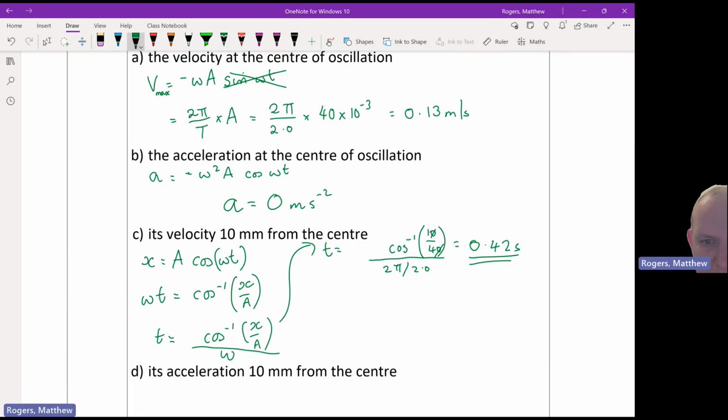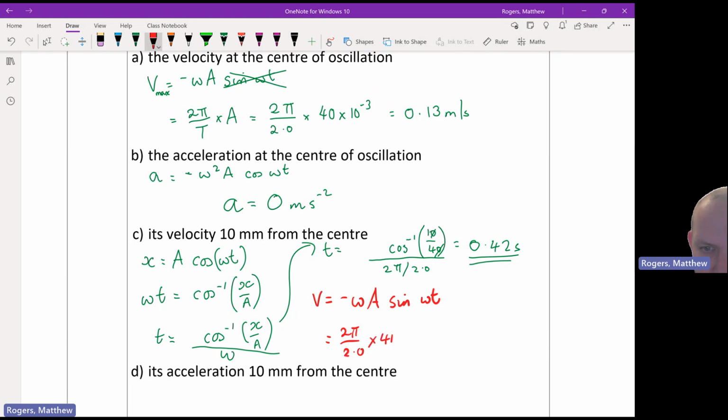So the last part is we want to find its velocity when its displacement is 10 millimeters. So we're going to use v. Let's use a new color so it's a bit clearer. v is equal to minus omega a sine omega t. Well, it's already in the form that we want. So omega we know is 2 pi over 2.0